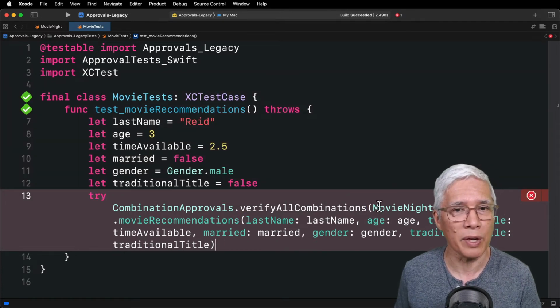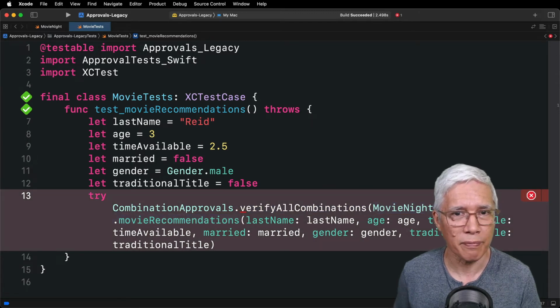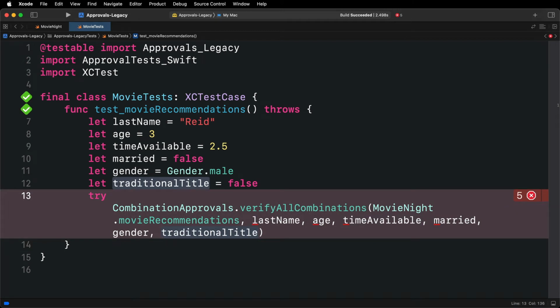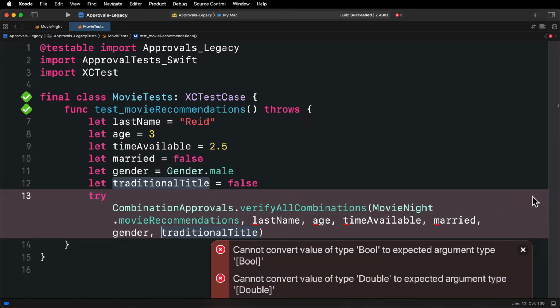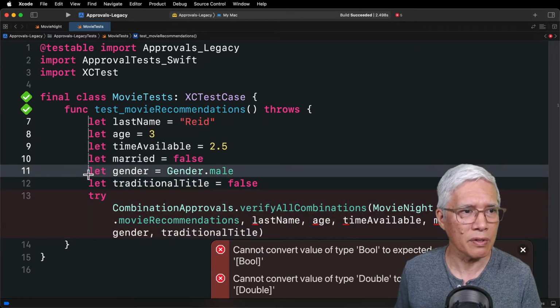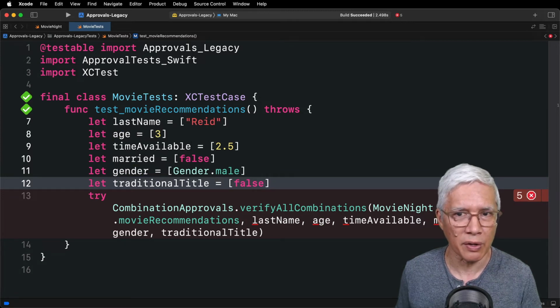So let me rearrange the call to make these separate parameters. We now have a call to verifyAllCombinations that passes a function. But for the inputs, it wants arrays, not single values. So let's change these from single values to arrays containing those single values.